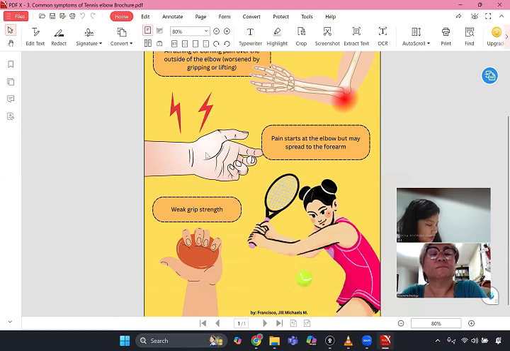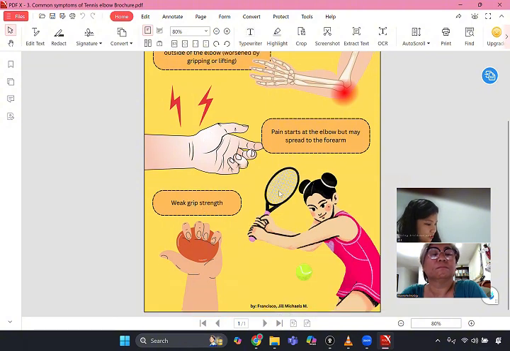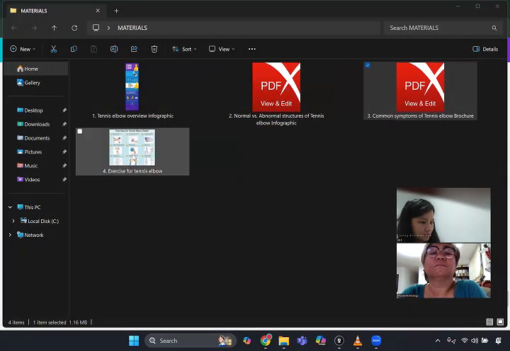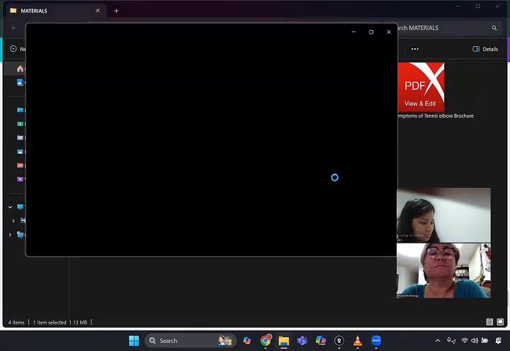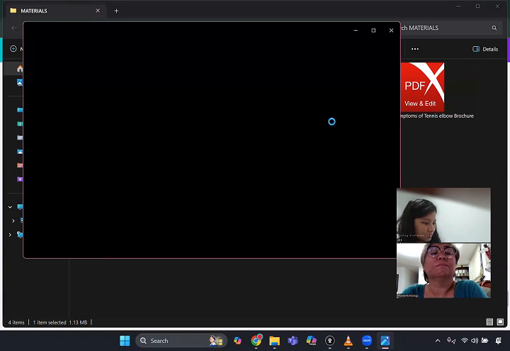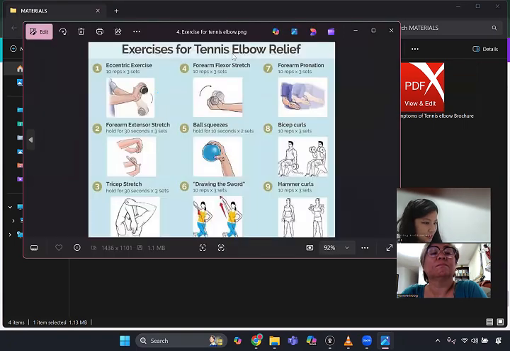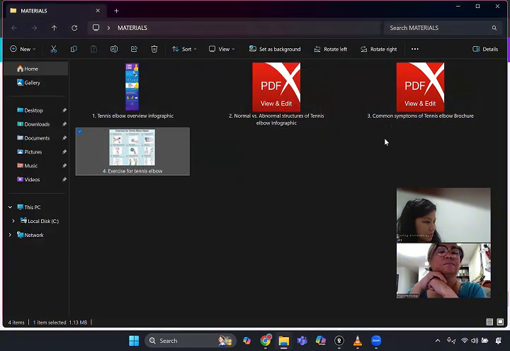And then the pain can radiate to the forearm and the wrist, and weak grip strength. Tas ito, for your reference lang, yung range of motion exercises for tennis elbow.